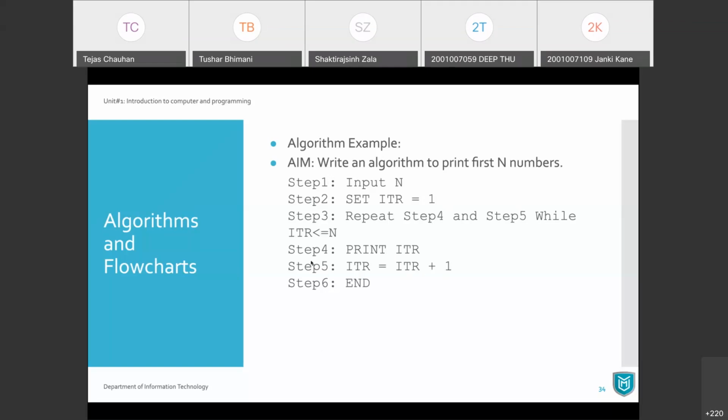Then you find out the number from this place and you write those numbers at this place. Okay. Well, so that's the algorithm for printing 1 to n numbers.